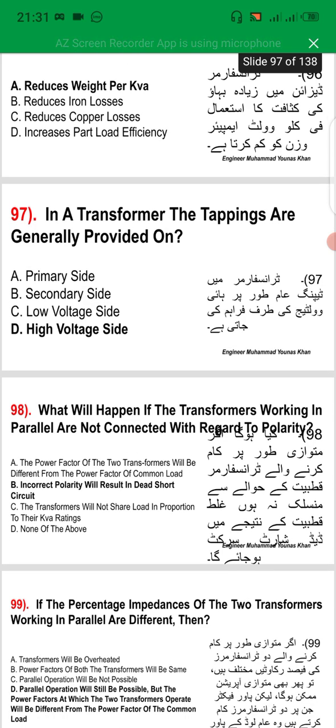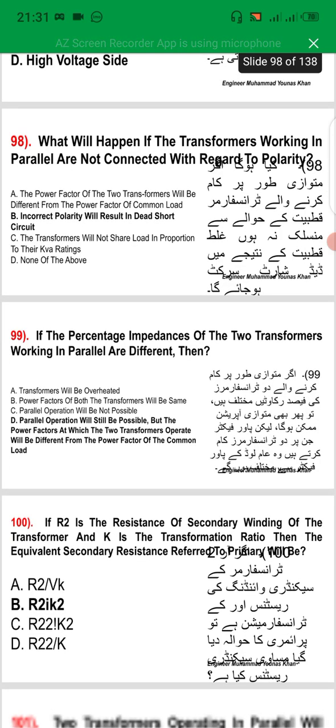What will happen if the transformers working in parallel are not connected with regard to polarity? Incorrect polarity will result in dead short circuit. If the percentage impedance of the two transformers working in parallel are different, then parallel operation will still be possible, but the power factor at which the two transformers operate will be different from the power factor of the common